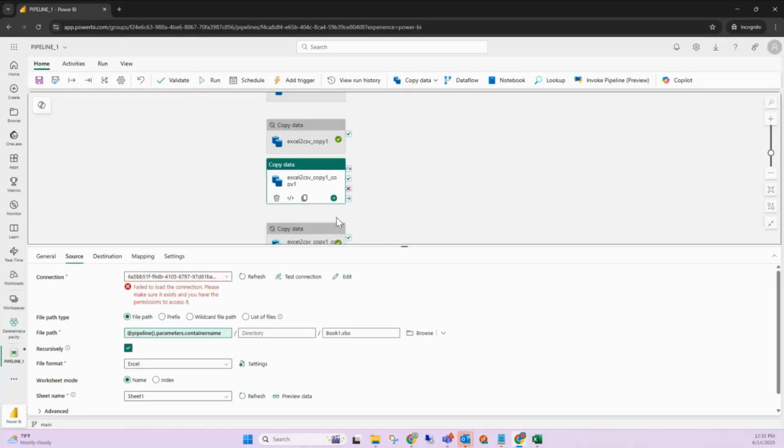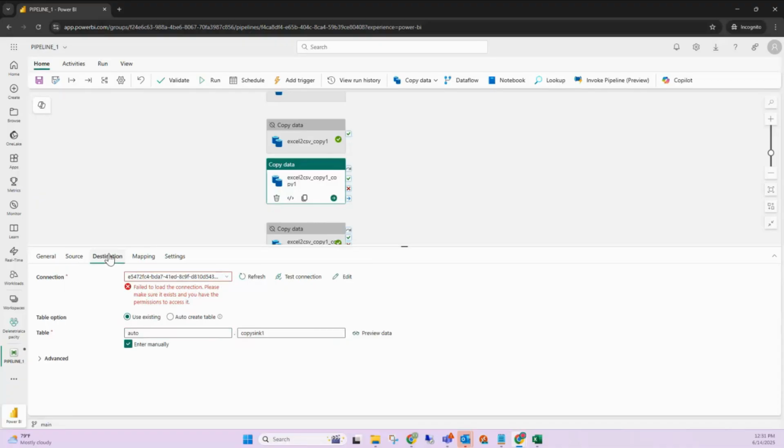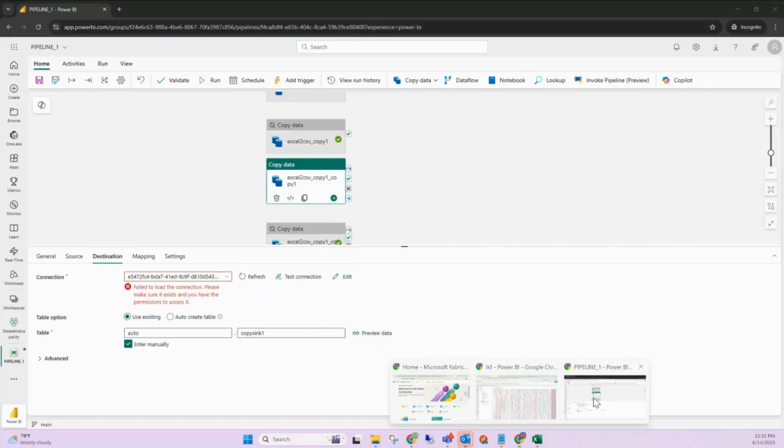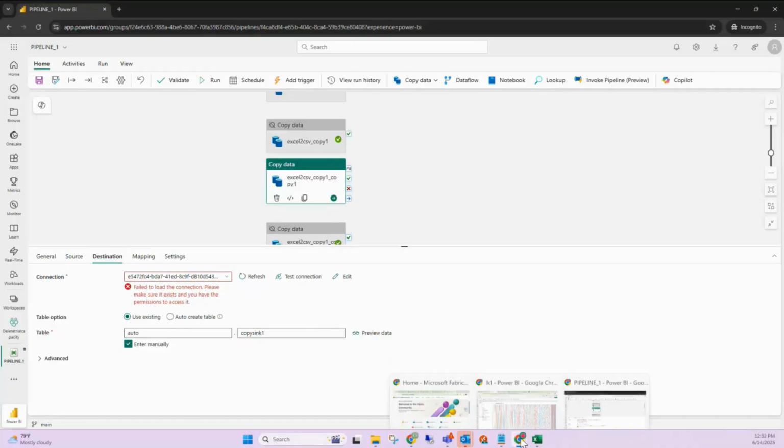Now, when I click on this, can you see here? Fail to load the connection. Please make sure it exists and you have permission to access it. And in the destination also. What does that mean? So it is copy CSV1. Correct? Let me go back to my